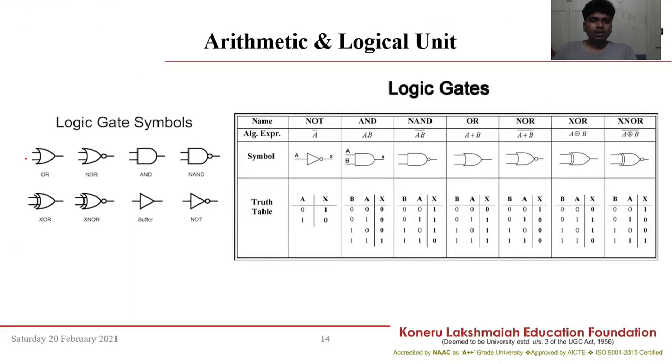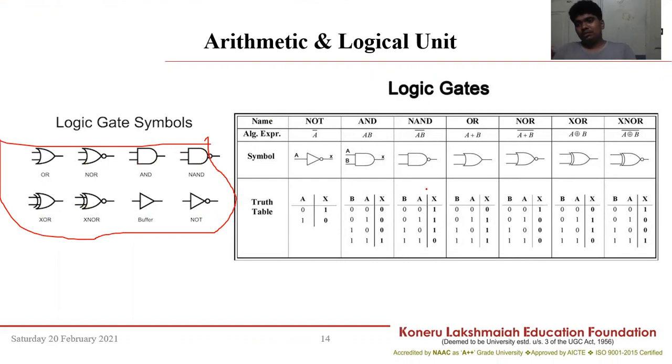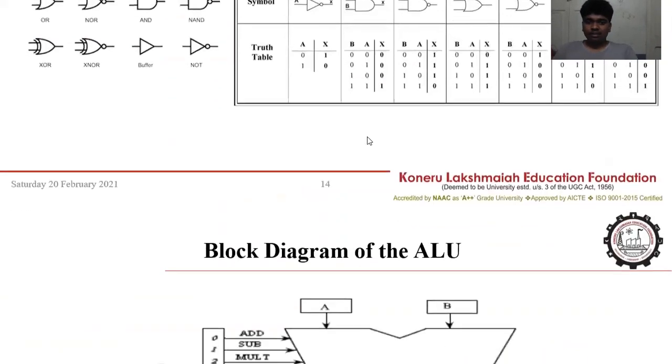The arithmetic and logical unit will have some logic gates, that is OR gate, NOR gate, AND gate, NAND gate, XOR gate, XNOR, buffer, NOT. We will discuss this in our earlier classes, that is in our +1 and +2, in our intermediate stages, where we learn about these logic gates and symbols. Basically, these are the truth tables which are required. I discussed the NOT gate in some previous videos, so learning logic gates is not required now, I think.